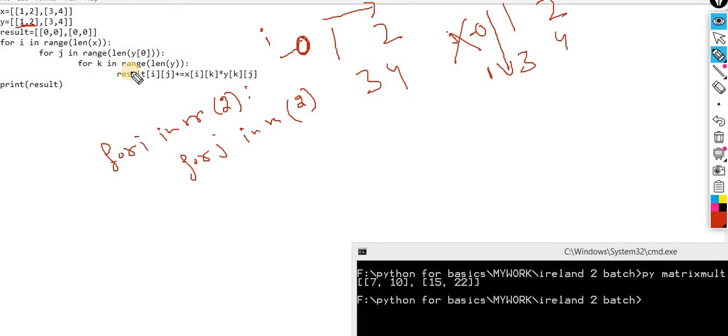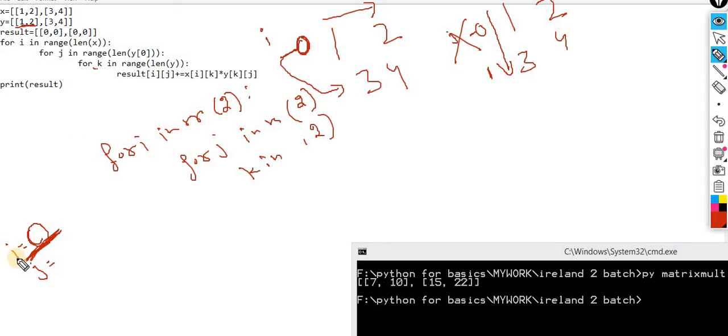And k will happen in range of len of y. What is len of y? That is 2. Now observe this scenario. The first time, the i value becomes 0, and the j loop will be executed 2 times, because this one is 0 and 1.